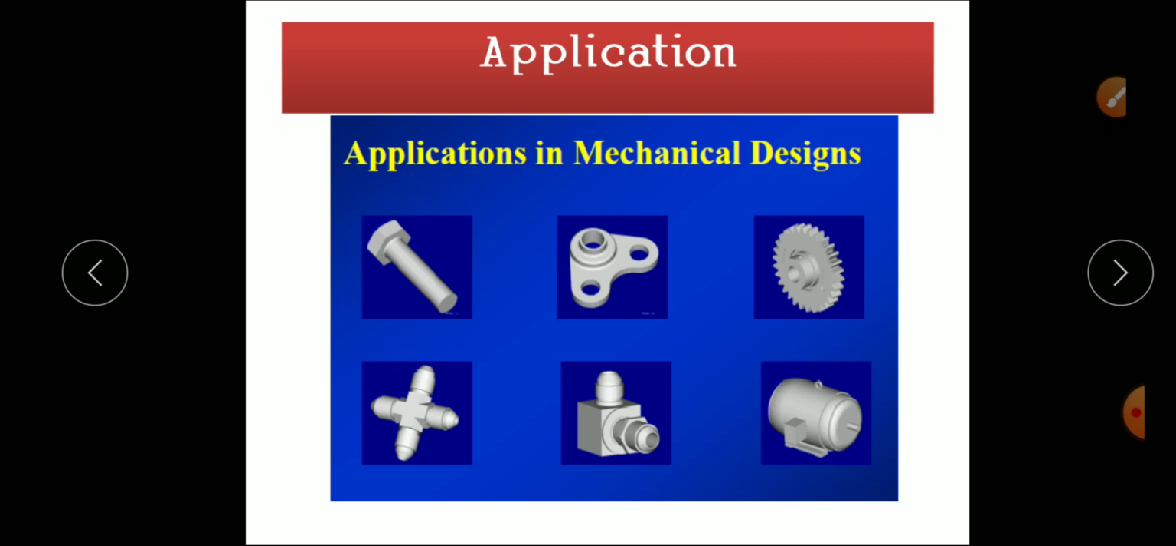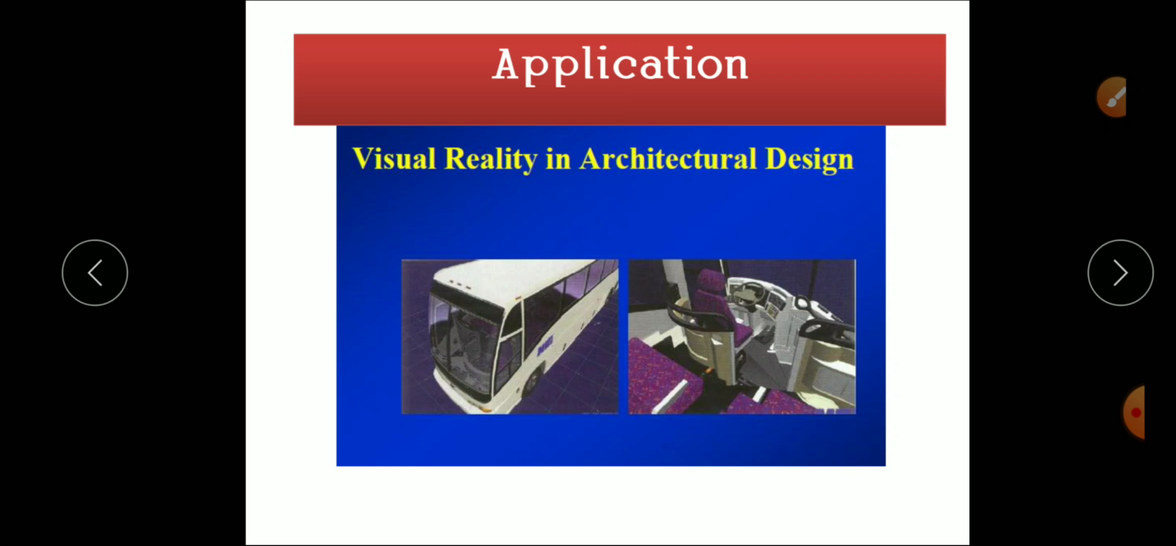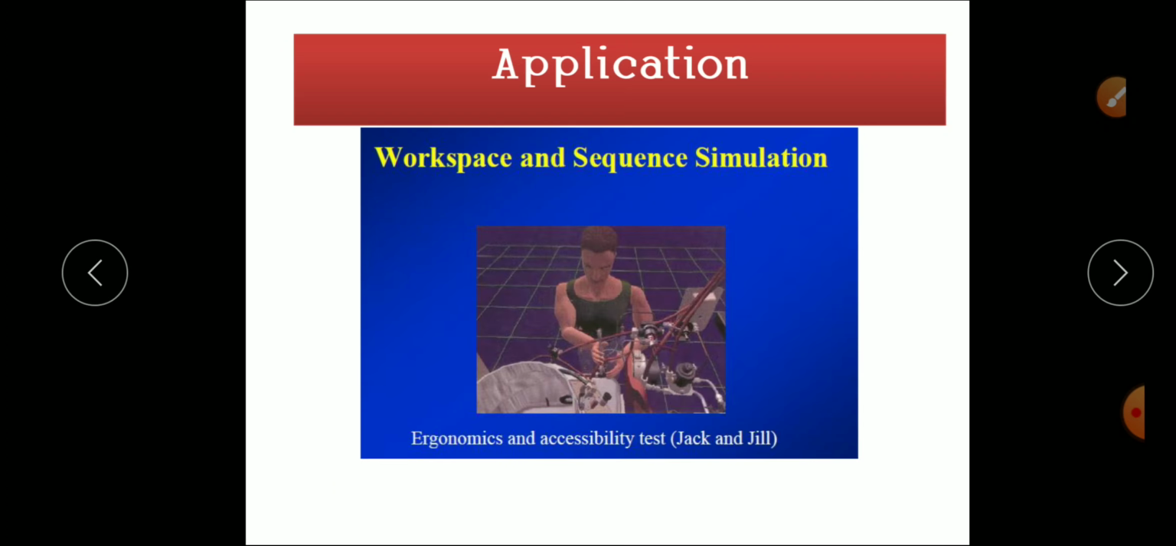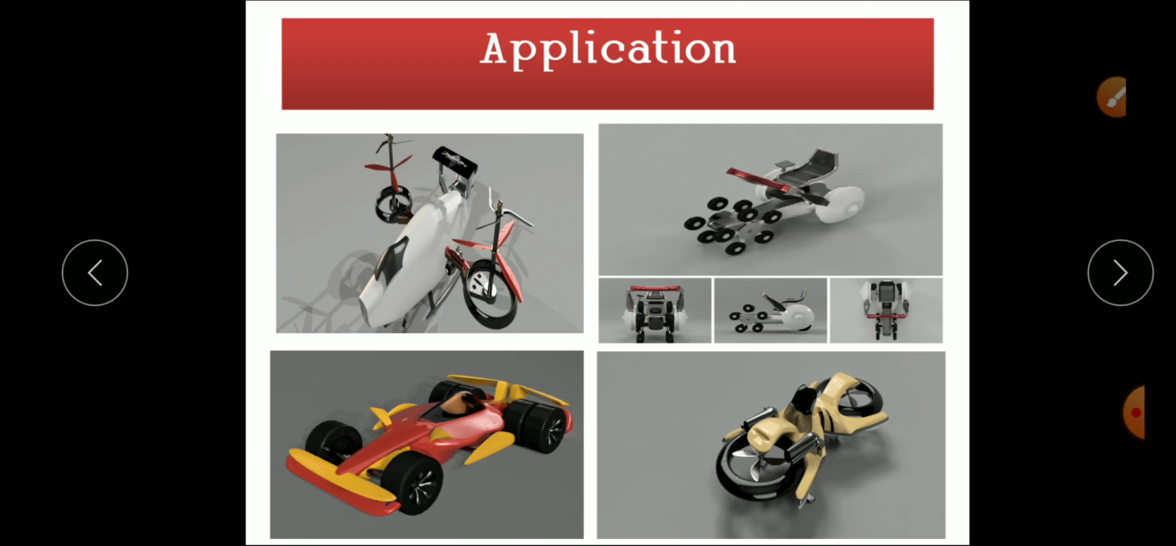Application in mechanical design: a number of components we can manufacture and their applications. Application in virtual reality, that is architectural design. The internal and external appearance we can view or visualize in this. Application in stress analysis: we can use CAE for analysis of mechanical components. Workspace and sequence simulation: the accessibility test you can check through CAE. So these are some applications that are